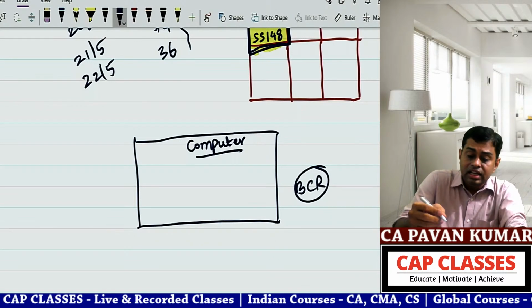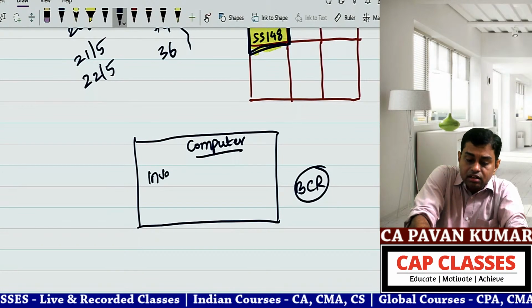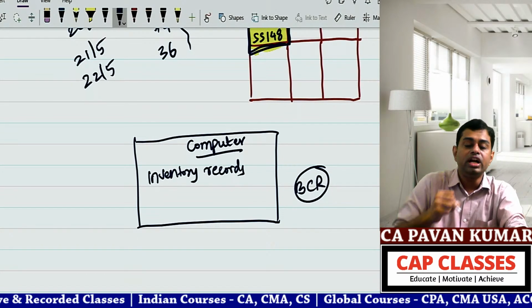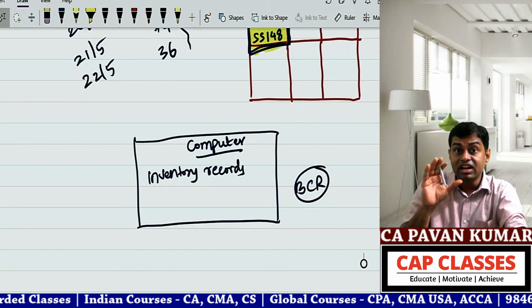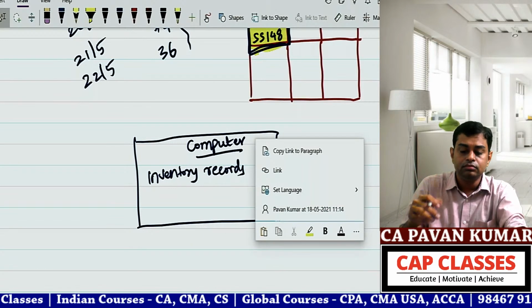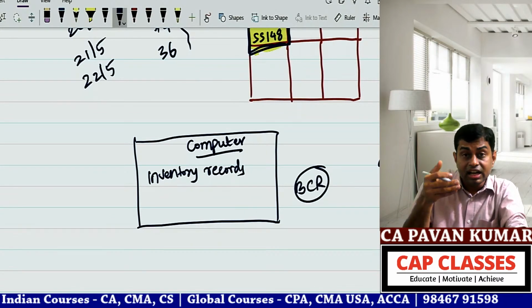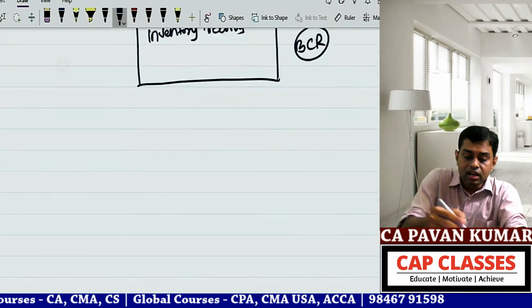So here in the computer, inventory records are maintained. Now a student will ask, Pavan sir, on the bin card also inventory details are there, and in the computer also inventory details are there. Are they the same? No. On the bin card